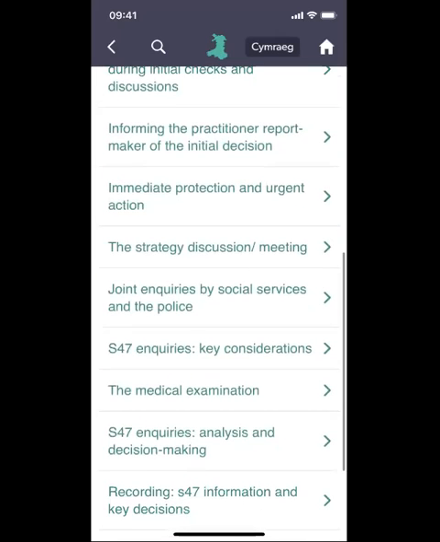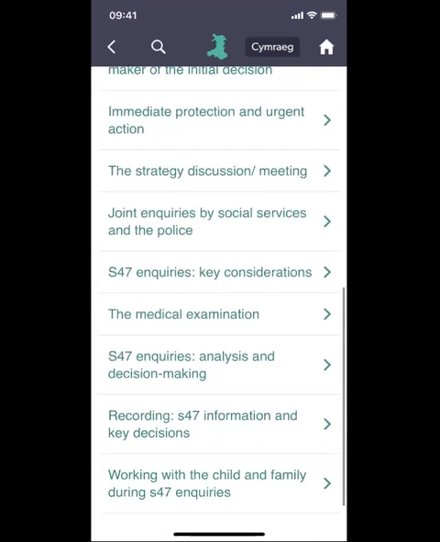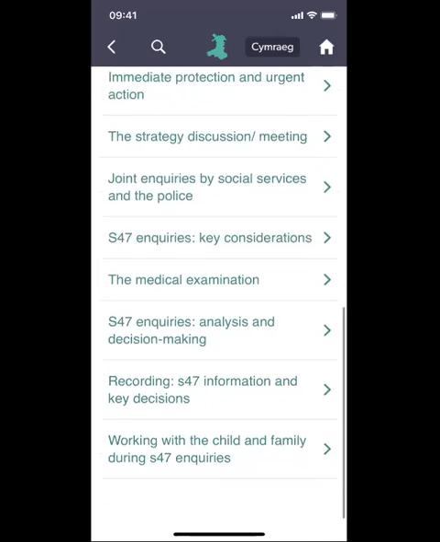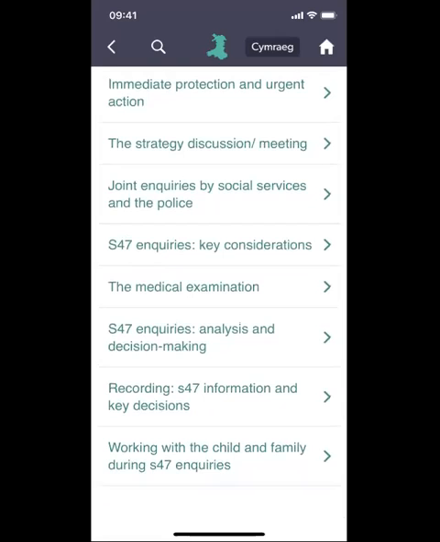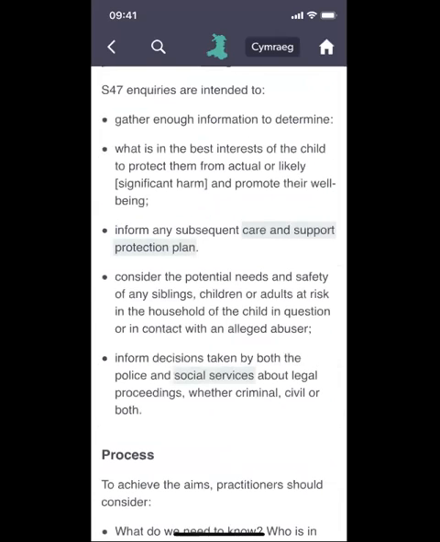From the strategy discussion or meeting, the decision may be made that it is necessary to conduct Section 47 inquiries. And as you can see, there are a number of sections within this part of the procedures that covers the key information, the key considerations, the stages that need to be taken when conducting those Section 47 inquiries. So if we click, for example, into key considerations,